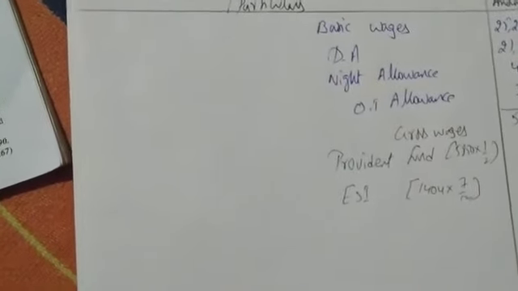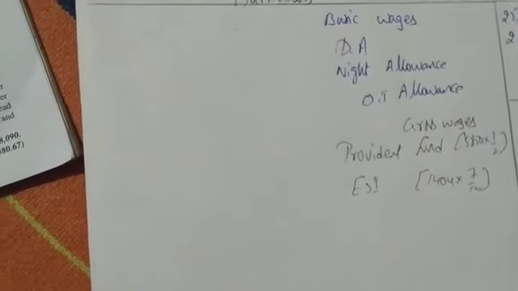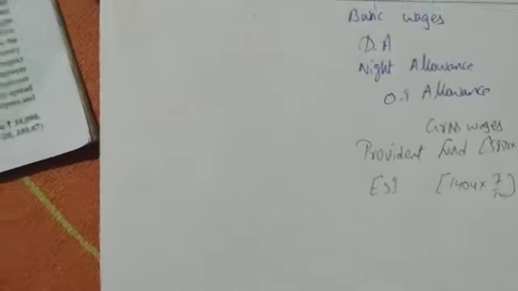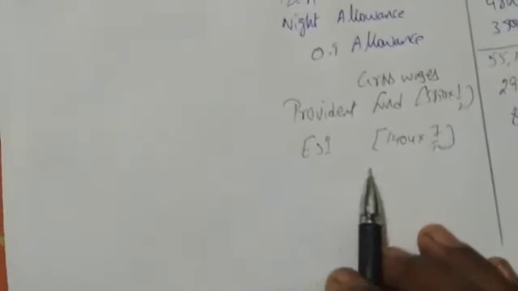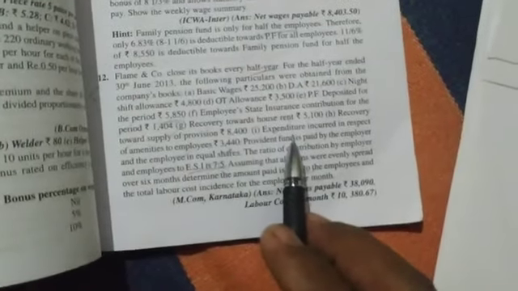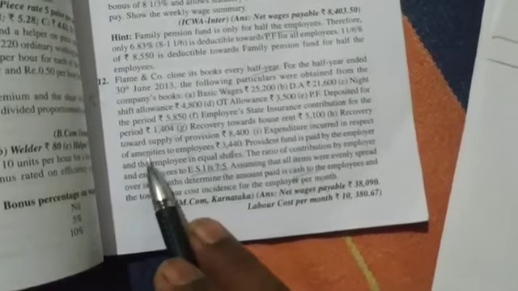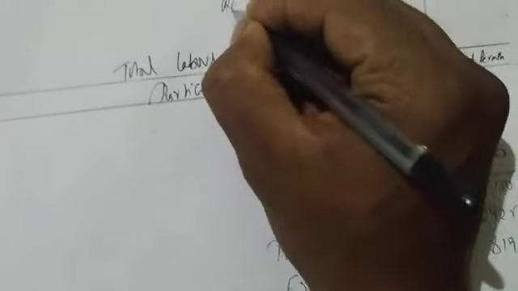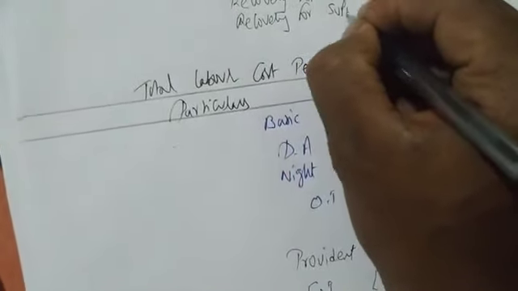So why are we not writing recovery under employer? Because the employer is getting money, taking money from the employee. So this is not expenditure for the employer. That's why we are not writing recovery for house rent under employer. We write only the employer's expenditure. Next, what do we have? Recovery towards supply of provision. So again he is recovering, recovery for supply of provision.